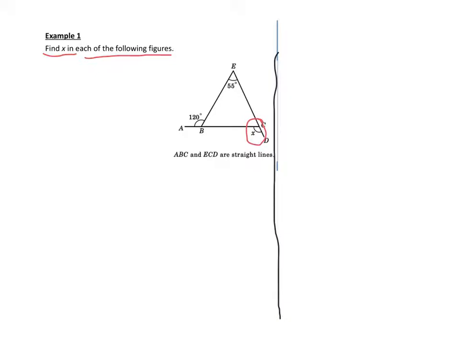and here is a triangle BEC. So we need to use the properties about the angles of a triangle, and we can see it is given that there's two angles, 55 degrees and 120 degrees. Actually, is there any angles that we can find? Yes. By the property about a straight line, actually we can find the angle